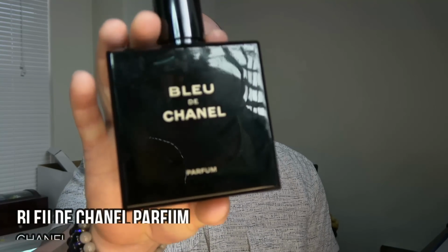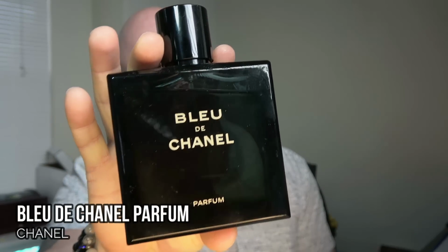With this first one, good luck getting it below retail. Your best bet is a Sephora sale from time to time to get maybe 15% off. So I just went ahead and priced this at retail. But for me, if we're building a $500 fragrance collection, we need a blue fragrance. And why not start with what I believe to be the best blue fragrance, Bleu de Chanel Parfum,